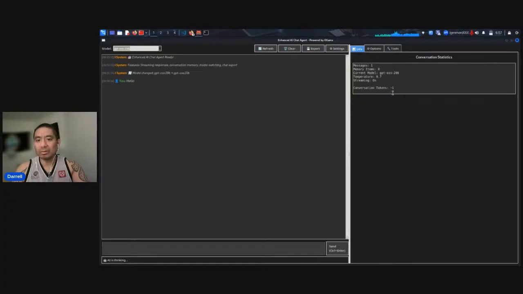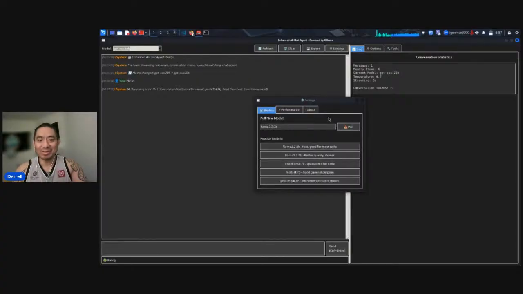So I just use one token, one message. I'm still waiting to receive back an output from GPT-OSS. Temperature is at 0.7 and streaming is on. And unfortunately it's not working. So let's take a chill pill and explore the tabs here before we go back and start to micromanage Claude Code.